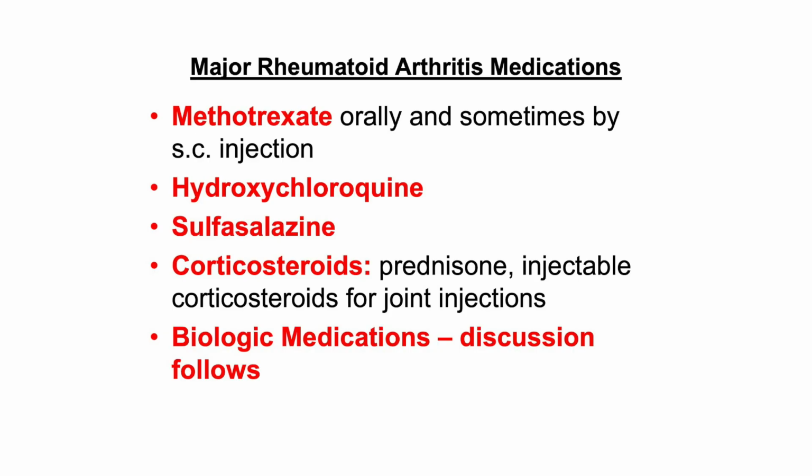We do use steroids or prednisone. I'm sure everybody in this room has heard of prednisone before. We do use it, but we try to use it in the smallest dosages possible. Because if you remember what I started out by telling you, this disease is more common in women. And what do women get when they get into the postmenopause? They get osteoporosis. And if you use prednisone, you're going to increase the risk of those women developing compression fractures